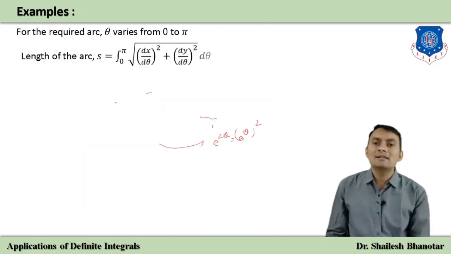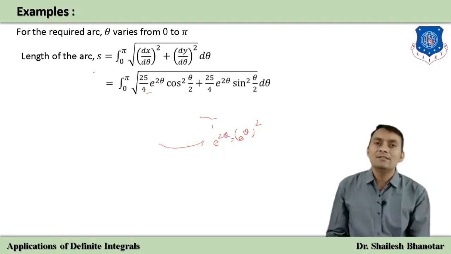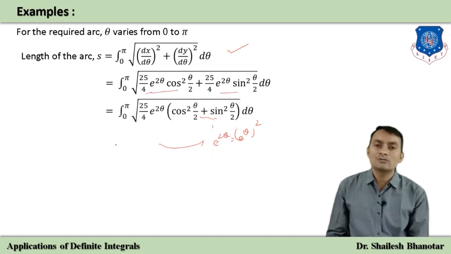But now we need to consider theta from where to what, that is 0 to pi, that is given. Our formula says s is equal to the integral from theta 1, that is 0, to pi of square root of dx by d theta squared plus dy by d theta squared into d theta. Mind well, this is the arc length formula when the curves are given in parametric form. dx by d theta is as given, so you can write it. Also dy by d theta is as given, so you can also write it.